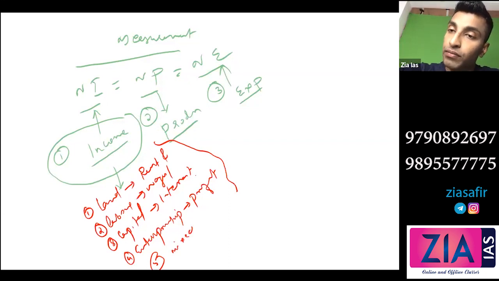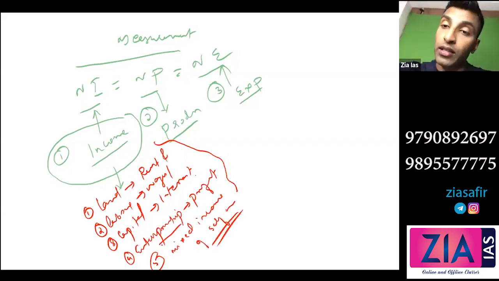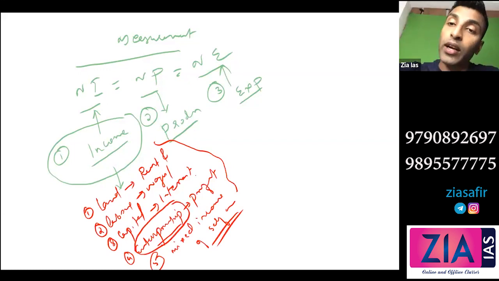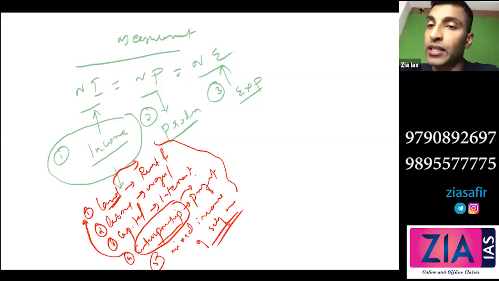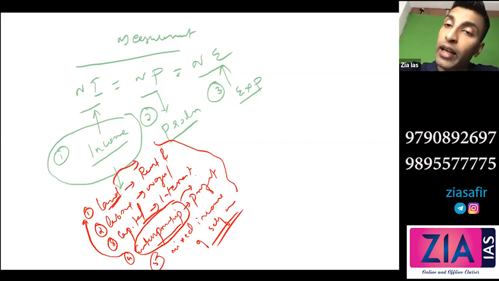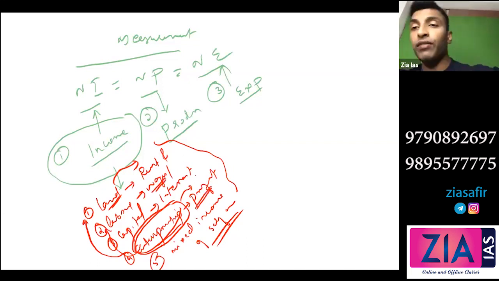Mixed income of self-employed. So for example, this one person may be doing some entrepreneurship and he is doing it on his own land. So that is actually a mixed income from the land. He's getting rent also and he's getting profit also. That's a mixed income. Or he's an entrepreneur, and he himself is the worker. So he is getting profit and he is getting wage. Otherwise, if he's employing some other person, he gets the profit, but he has to pay the wage. So here, similarly, he's getting wage also, right? So it is actually a mixed income. I hope you understood the fifth category.